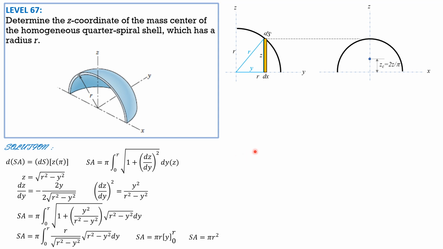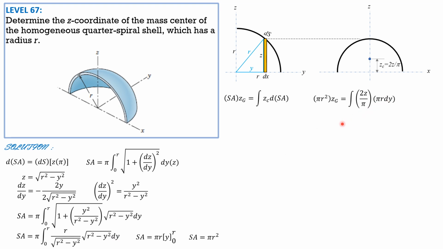Then by Varignon's theorem, we only need the z coordinate of the mass center. So surface area times g sub z is equal to the integral of g sub c, differential surface area. The differential surface area from here, this is not yet integrated, so the simplified form of differential surface area is pi r dy from here, and g sub z is 2z over pi. So pi r square g sub z equals integral of 2z over pi times pi r dy, which is that